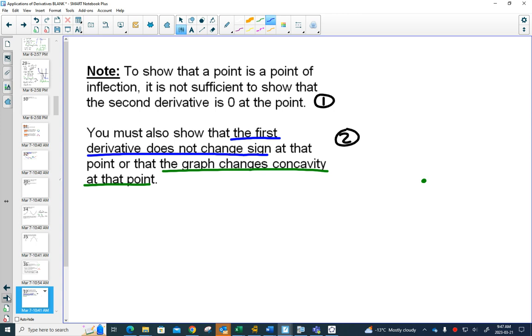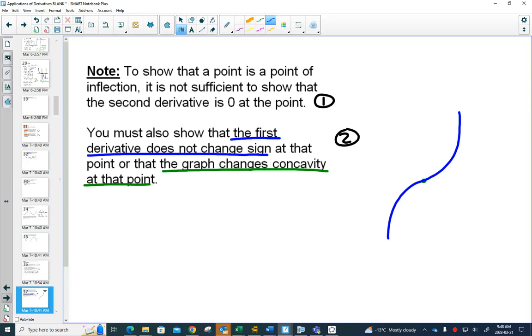The only way this can be an inflection point, right? If your first derivative changed from positive to negative, well, then it would be a minimum or a maximum. But if we have an inflection point there, or if we have that the second derivative is equal to 0, and your first derivative stays increasing,